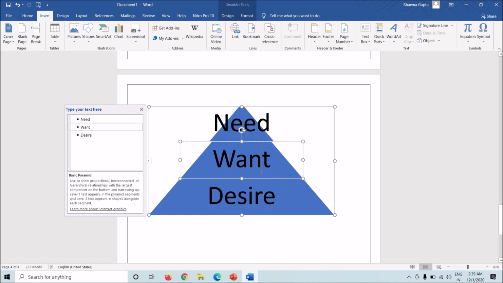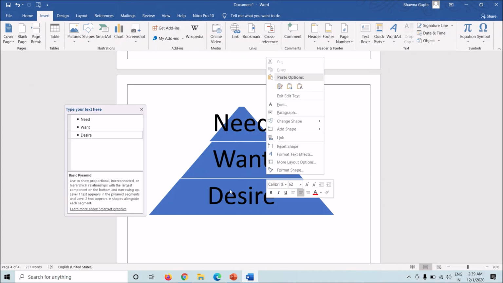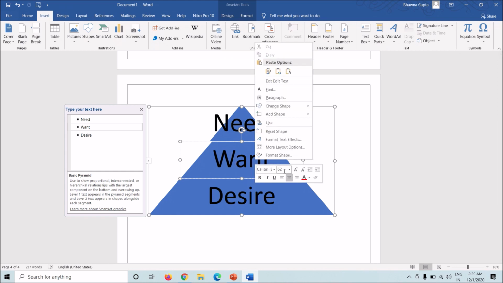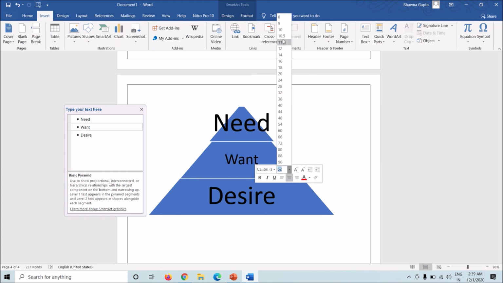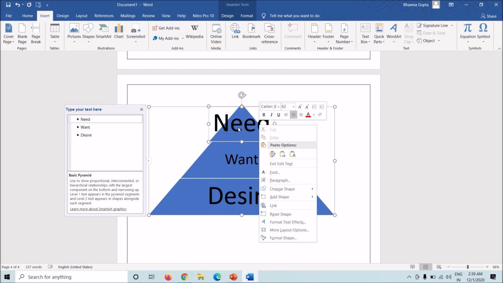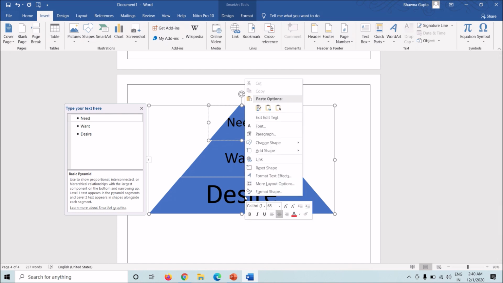Text can be small, big, it's up to you. So now at the same time, you can change the font size. Right click and font size can be changed. It's up to you.